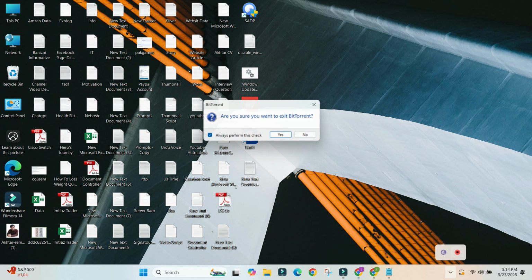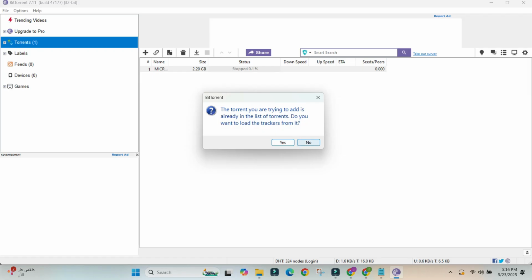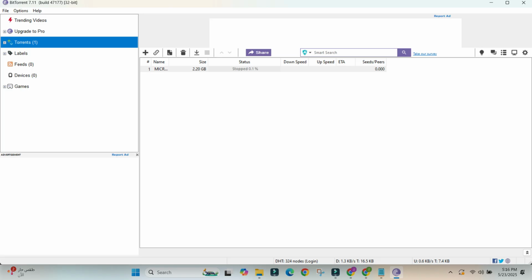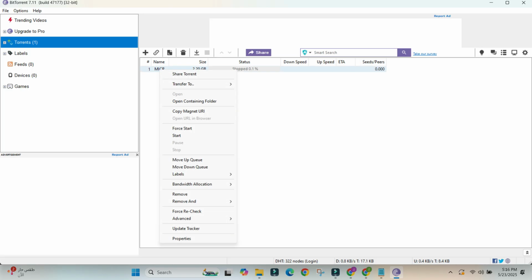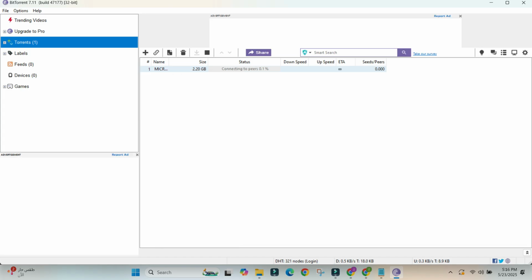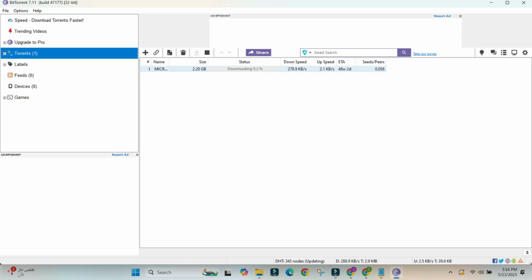Now you have to close it one time, and then you have to run as administrator. So we have come back. Now we will start and check the result. We were first getting 20 kbps, and now we will check how much the speed has changed. As you can see, it starts and 20 kbps is almost crossed, and then 27, and then 55, and then 85, and then 1 mbps.